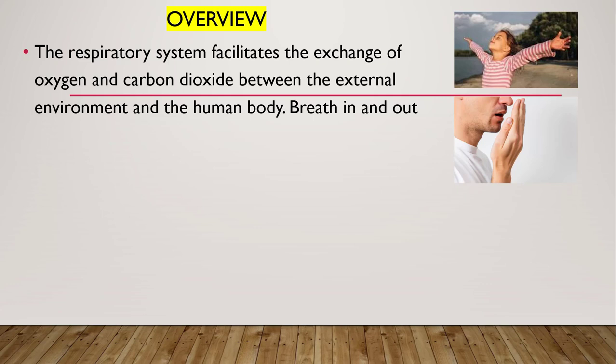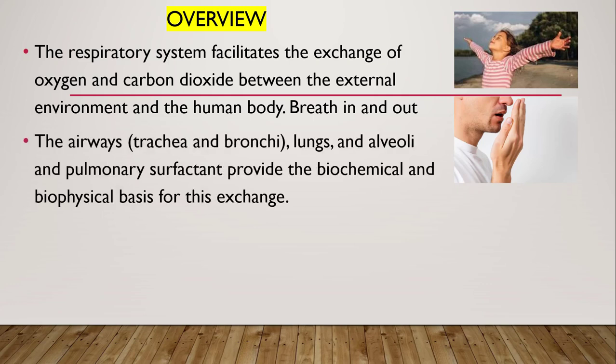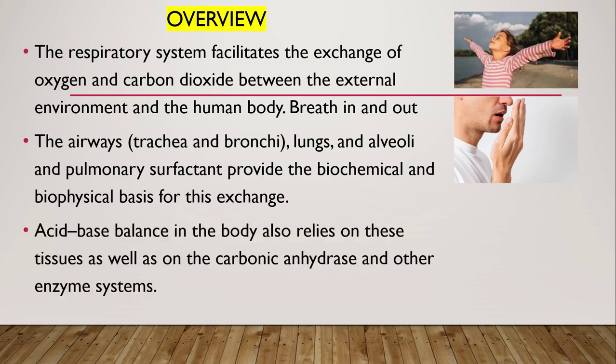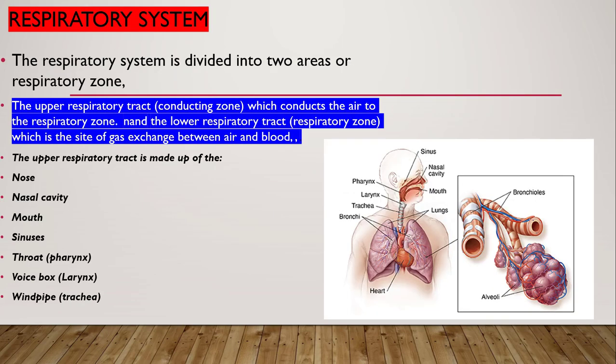The respiratory system facilitates the exchange of oxygen and carbon dioxide between the external environment and the human body. Breathe in and breathe out. The airway, trachea and bronchi, lungs and alveoli, and pulmonary surfactant provide the biochemical and biophysical basis for the exchange. Acid-base balance in the body also relies on this tissue as well as on the carbonic anhydrase and other enzyme